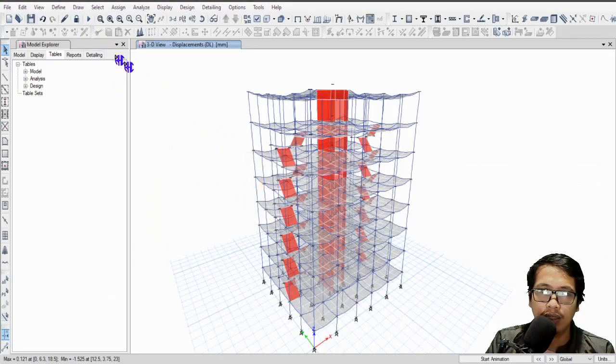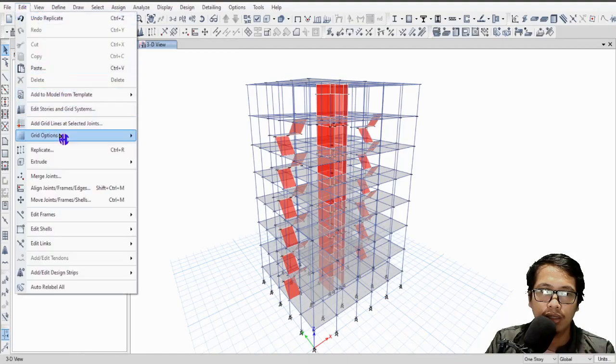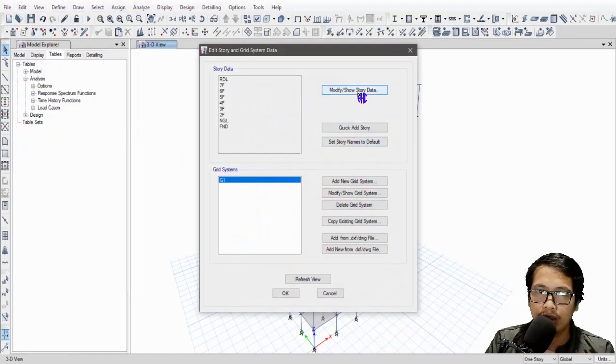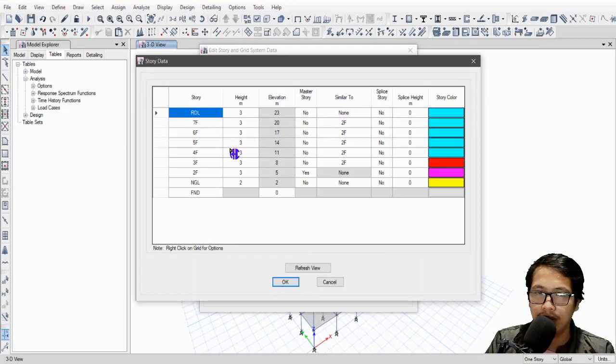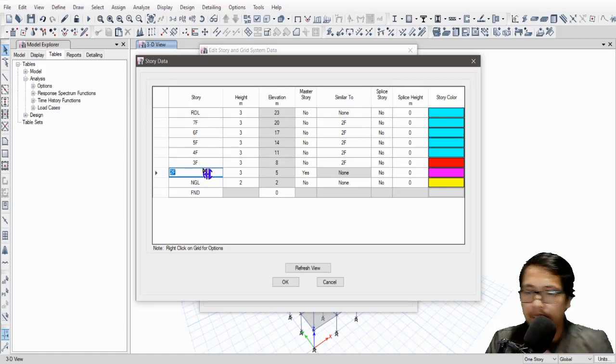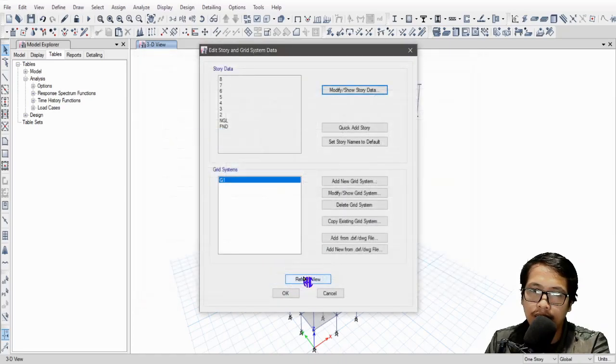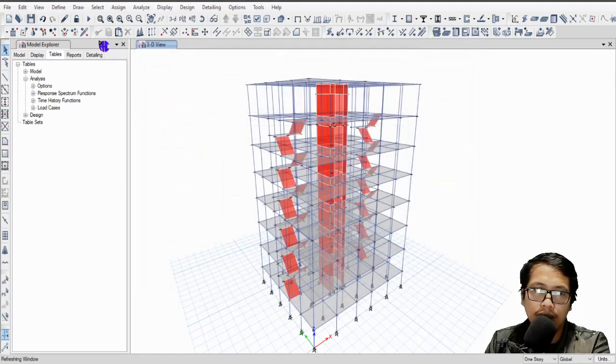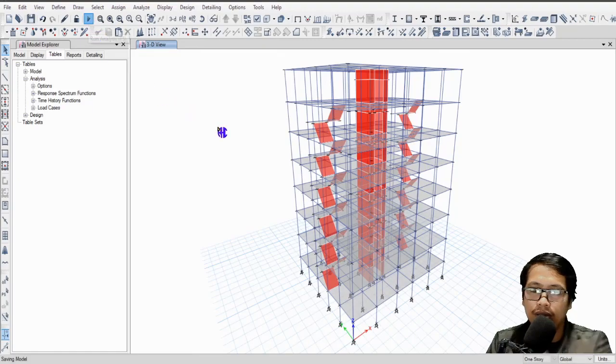I-unlock ko muna yan. Then punta ko sa edit stories. Ito, kailangan ko to i-change. Ito kasi hindi natin yung kailangan. Ito lang kasi yung may displacement eh. Ito pwede ka to 2, 3, 4, 5, 6, 7 and 8. Then okay na yan. Click okay, okay. Then ulit analyze ko